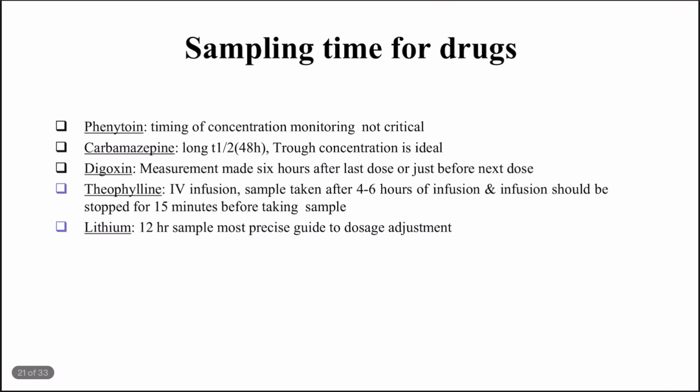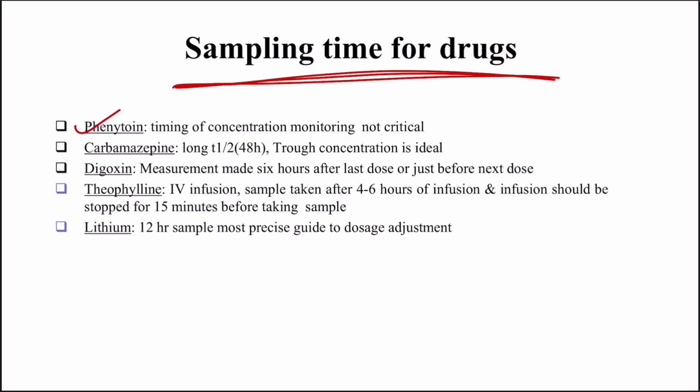Now coming to the different sampling times for different drugs. The most common approach is sampling once the drug has reached steady state concentration. In case of toxicity, we can do it at any time, that is, we directly do the sampling once we suspect toxicity. So we have different drugs for which we have planned out different timings for sampling. For example, in case of phenytoin, timing of concentration monitoring is not critical,